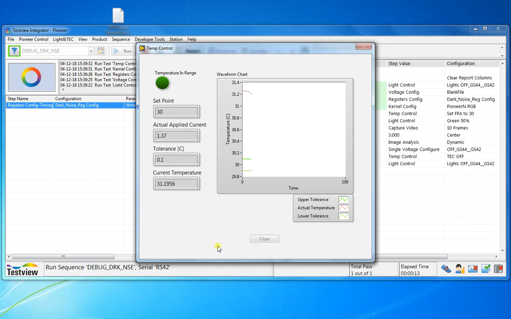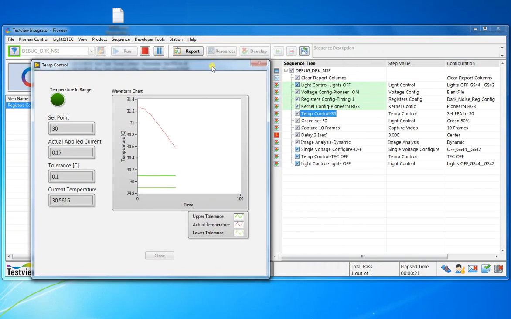We have here a temperature control. We set up the temperature. After this one is complete, we're going to capture 10 frames. This is the temperature control of the FPA that is trying to set it to 30.